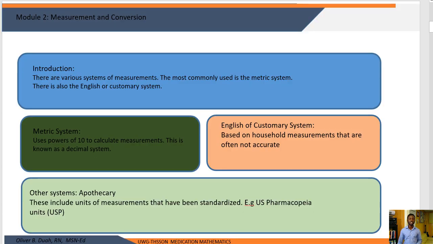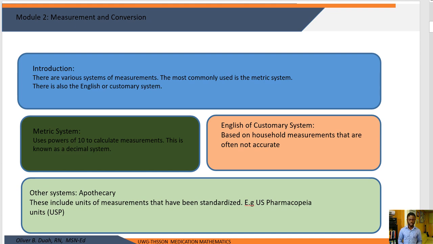In today's lectures, we are going to begin talking about measurements and conversion. So there are various systems of measurements. The most commonly used is the metric system. There is also what we call the English or the US customary system. The metric system uses powers of 10 to calculate measurements, and this is also known as the decimal system because it uses decimals. The English or customary system is based on household measurement tools that are often not as accurate